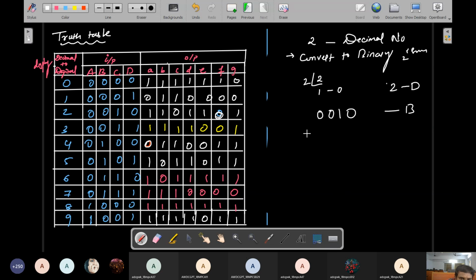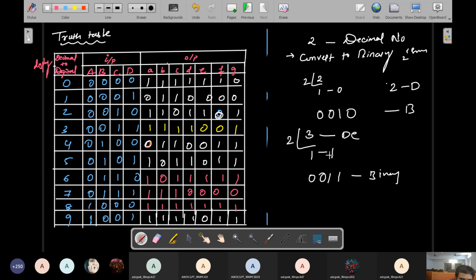So what is the third value? This is a decimal value. Convert it: 2 ones are 2, and the remainder is 1. After that there is no further division, so the last two digits are 1 1. This is the binary format of the decimal. But here we are using 4 inputs, so we give two zeros in front: 3 is 0 0 1 1.